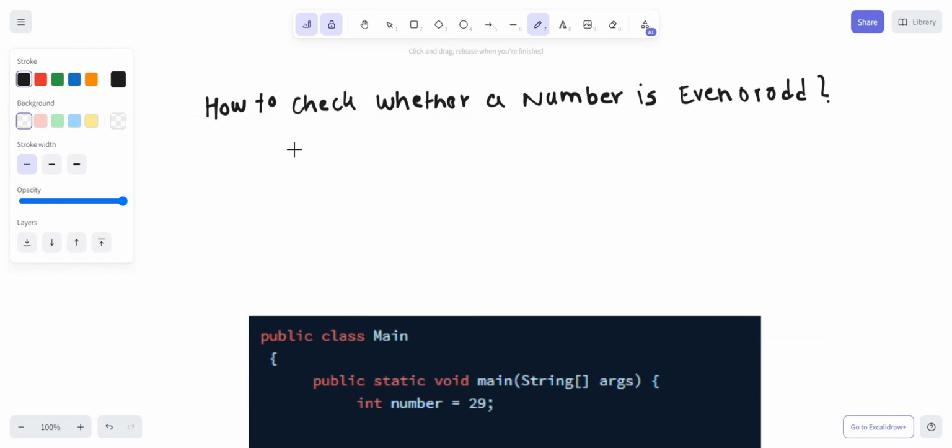So this question is also quite an easy problem. How to check whether a number is even or odd? So quite an easy problem. How can we achieve the code? So here we can write the algorithm as